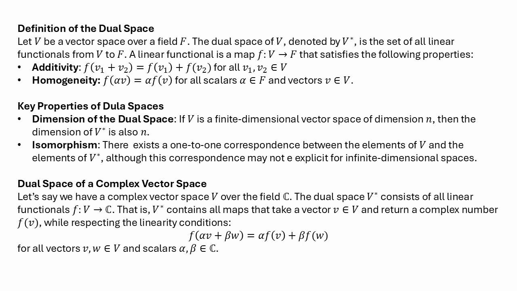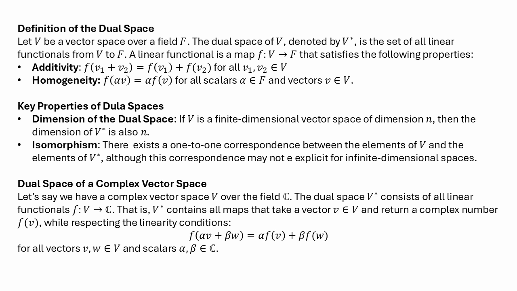This connection between duality and complex conjugation is particularly significant when we deal with spaces equipped with Hermitian inner products. Now remind me, what's so special about Hermitian inner products? A Hermitian inner product is a way of measuring the angle or similarity between two vectors in a complex vector space. And here's the key point. When you define a Hermitian inner product,